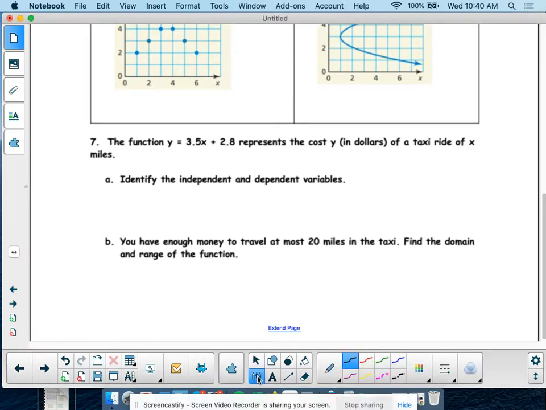It says the function y equals 3.5x plus 2.8 represents the cost y in dollars of a taxi ride of x miles. Okay, so we first want to identify the independent and dependent variables. So remember, your independent variable is your x, and your dependent variable is your y, right? So if we look here, what is our x, or independent variable? Well, x is the number of miles we're going. So your independent variable is miles